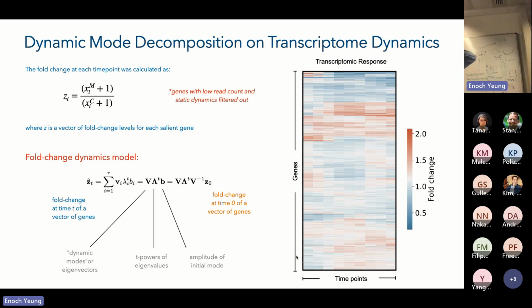Dynamic mode decomposition says we can think about the fold change response as roughly a locally linear model. This is not a new concept. This is actually a very old concept. But the key is that they want to really focus on trying to extract the modal dynamics associated with an eigendecomposition of a matrix. So a linear model says my transcription dynamics evolve according to some simple equation like